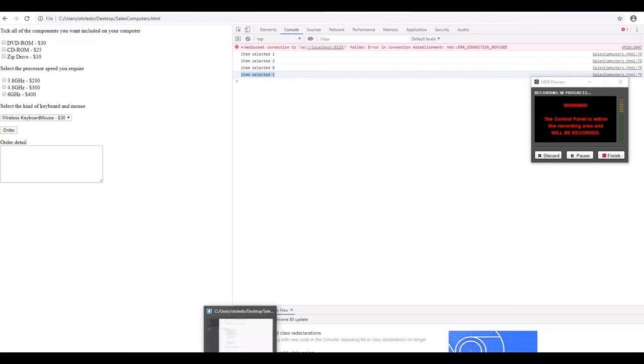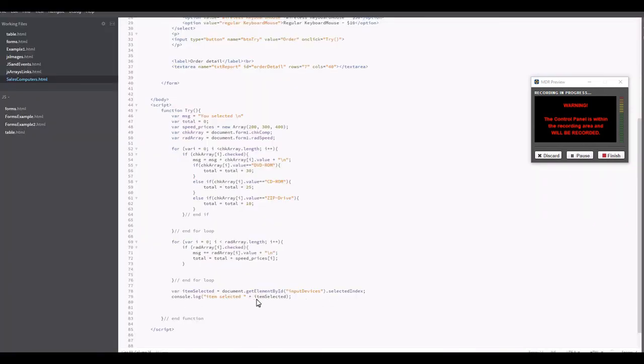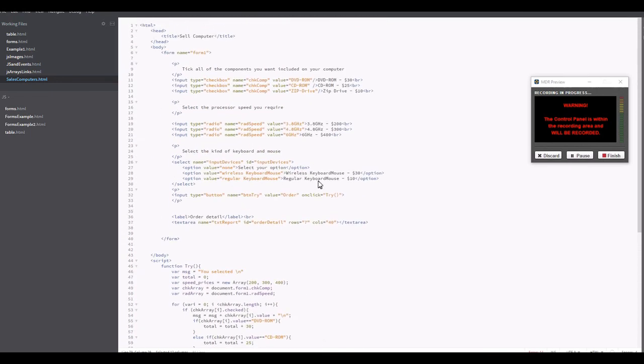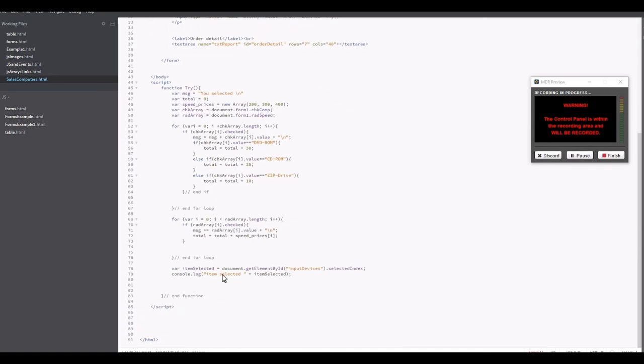So now, okay. So we know that we have the index, right? So let's get the value, remember? So we're going to get this value to append to our message. Okay. So now message is going to be equal what? So you need to get the element by ID, correct? Document get element by ID, correct? Okay, now you are seeing the list, correct? The list, okay? But what can we do now? We can use the property, remember,